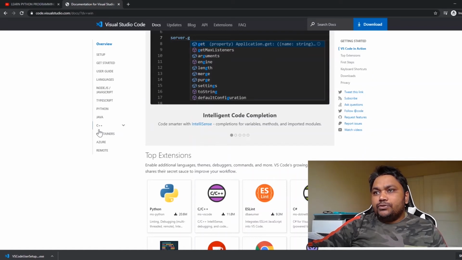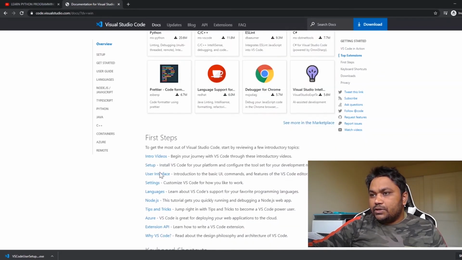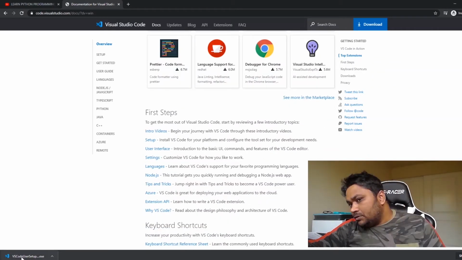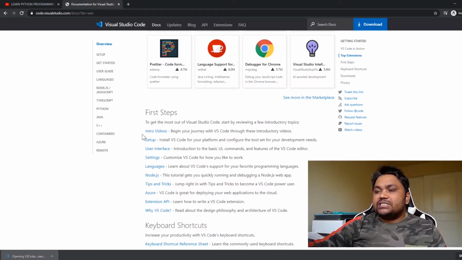You can write C# code, you can write C++ code, you can work on containers, and you can connect to Azure. Whatever extension you need, the extensions are a rich ecosystem built by a lot of open source developers. A lot of open source people are contributing to this, and that is why it is one of the great IDEs nowadays. So this setup is downloaded. I will start this setup, and let's install it quickly.